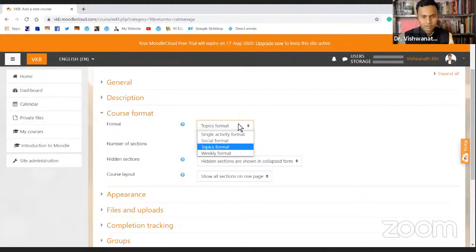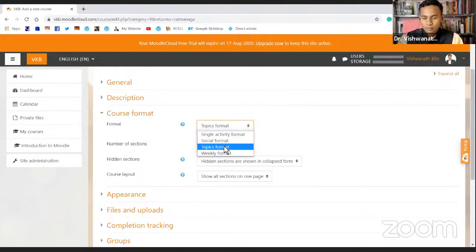Number of courses are like how to lose weight, maybe a sensitive topic perhaps, but an evergreen topic. At some point somebody is going to need that. How to gain weight, that also is a sensitive topic, and that also is an evergreen topic, because at some point somebody might want to gain weight, somebody might want to lose weight. These are the kind of social topics, social formats. I'm just giving you these kind of examples.